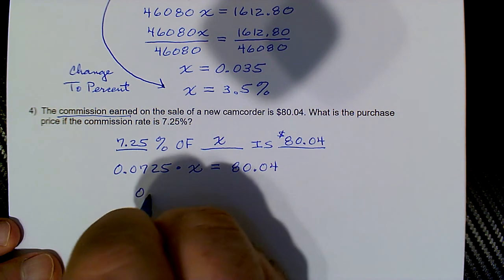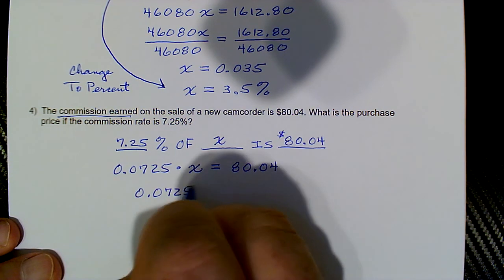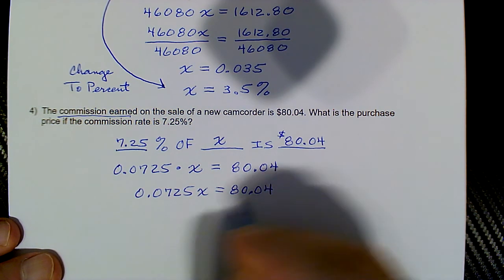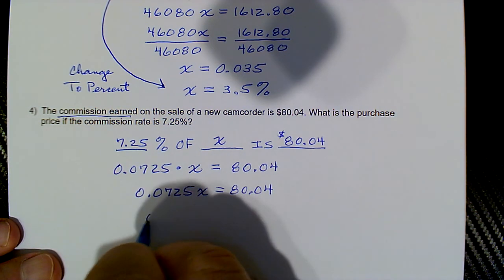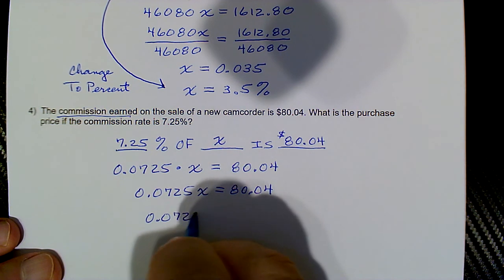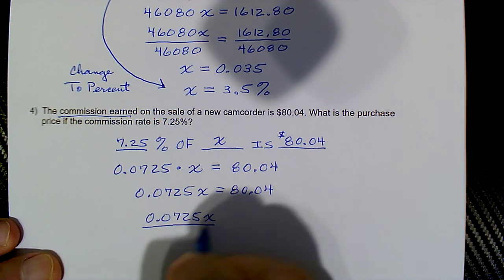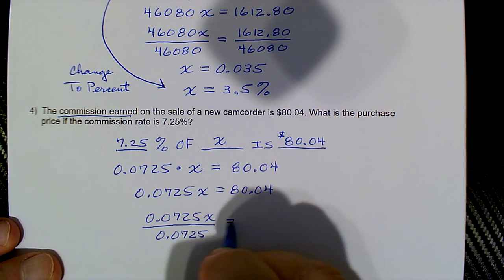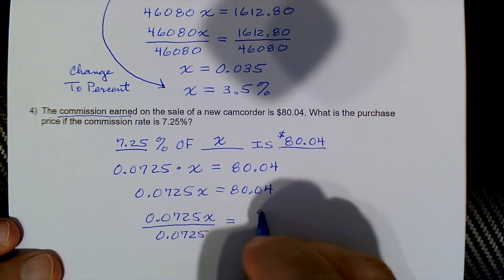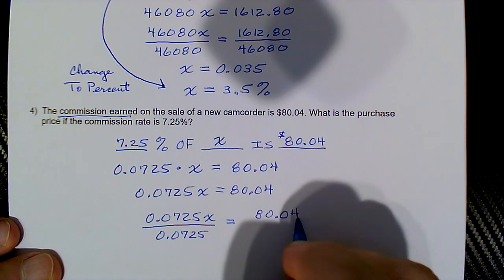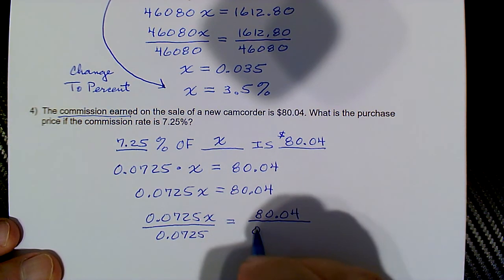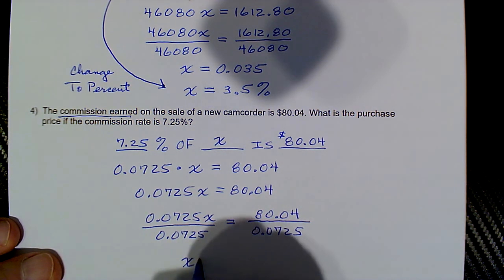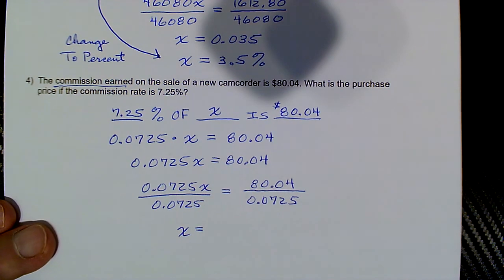Okay, I'm going to get rid of the multiplication symbol, and I know a lot of you, again, are just going to jump in there and divide, and that's fine, but I'm showing getting rid of the multiplication symbol, and now finally my division. And we always divide by the coefficient of the variable, not the variable. Never put the X down there. We've mentioned that many times. So we're dividing both sides by 0.0725. Well, now we finally get X equals, and calculator,